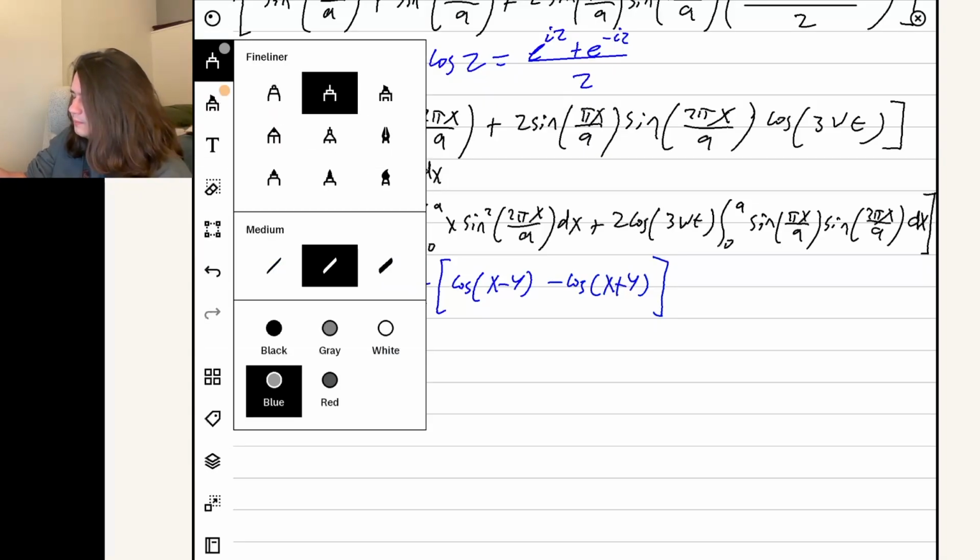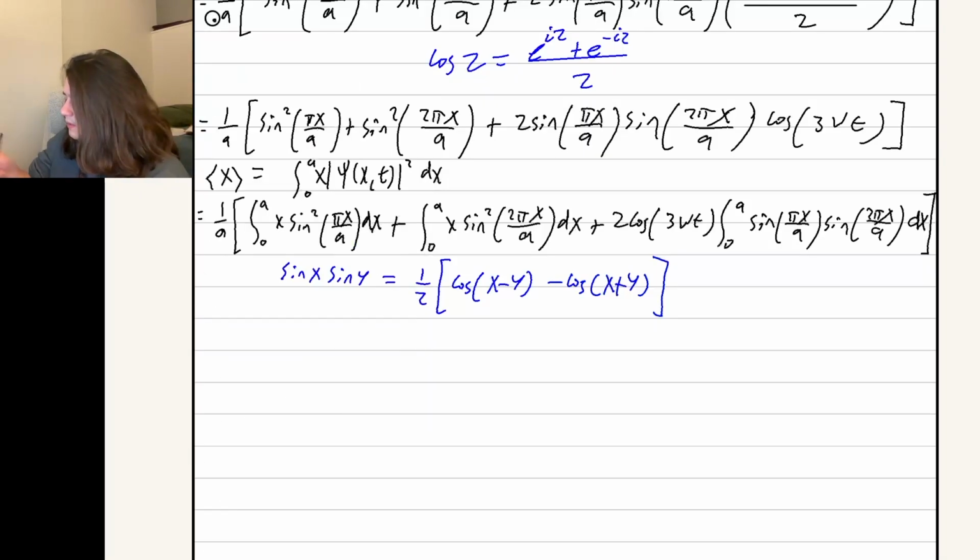We're going to use that to simplify the third integral there. So applying all of our trig identities, we have 1 over a, and this is going to get kind of big. Let's factor out a 1 over 2a in total, because we're going to have an integral of x dx